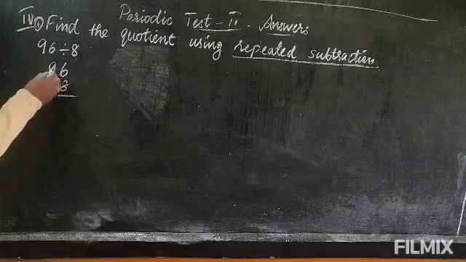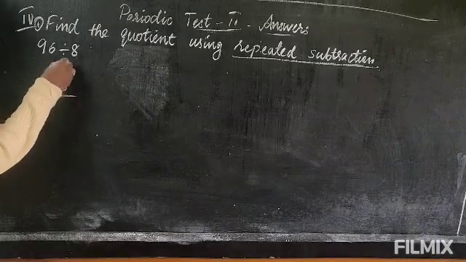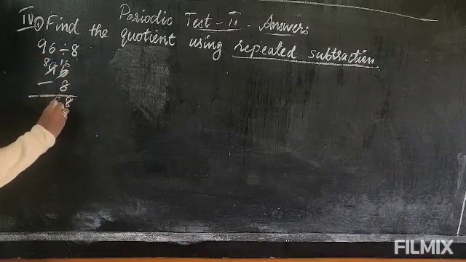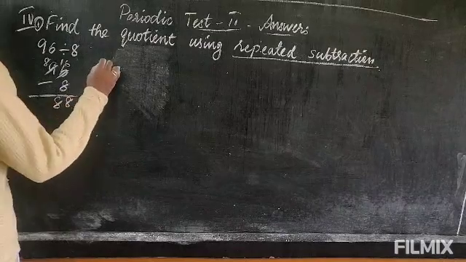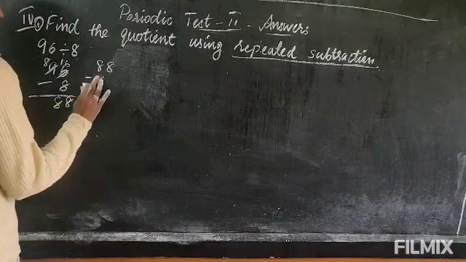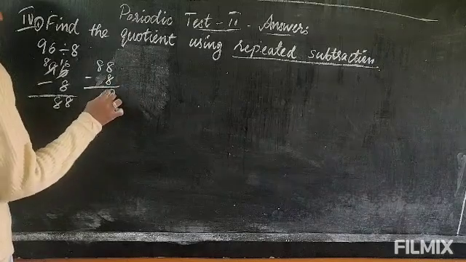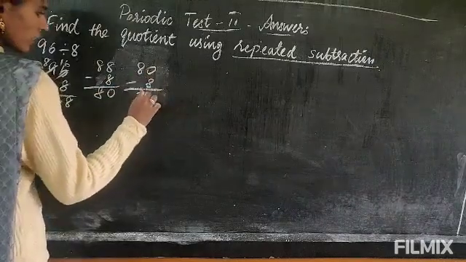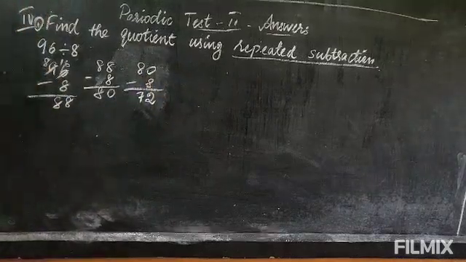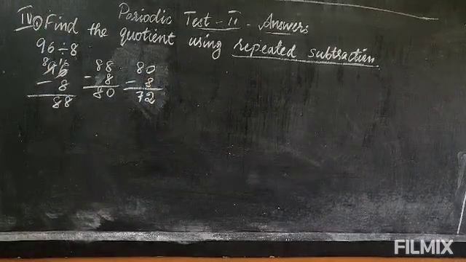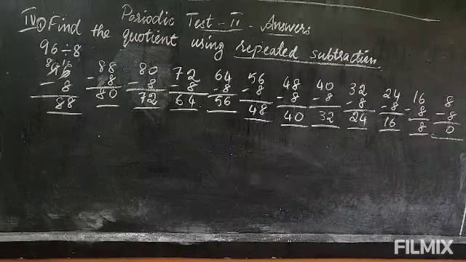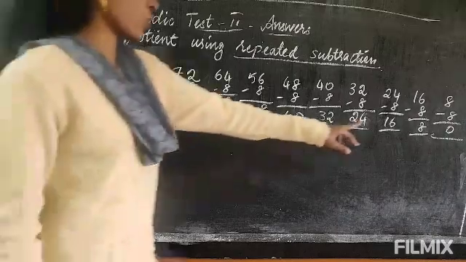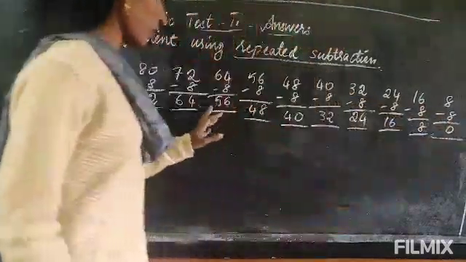So let's minus now. Here you cannot minus, so you will borrow, so this will be 16, here 8. 16 minus 8, 8. Here you will get 88, again minus 8, 8 minus 8, 0, and here 8, again 18, minus 8, you will get 72, and it will go on like that. Till you get 0, you have to minus. So I have minus till I have got 0. 8 minus 8, 0. That way I have minus.